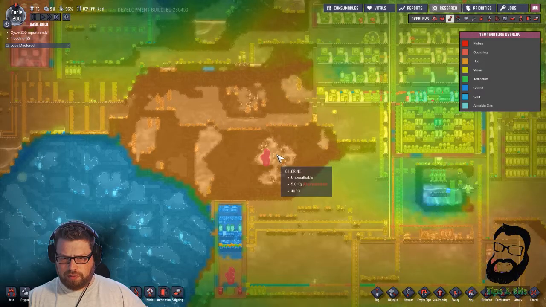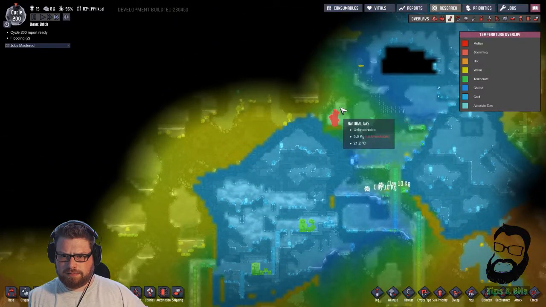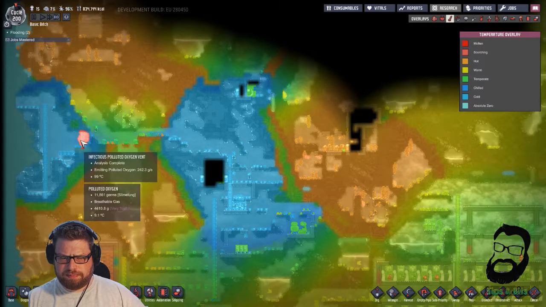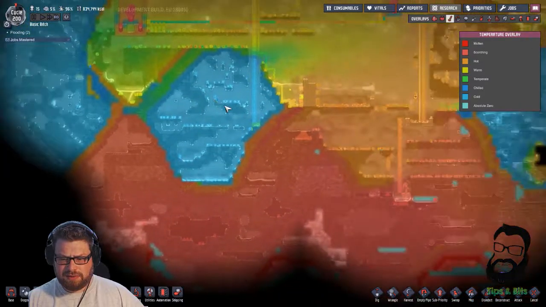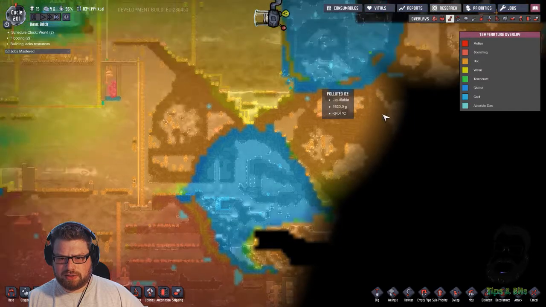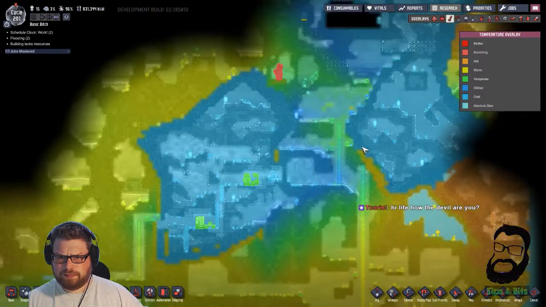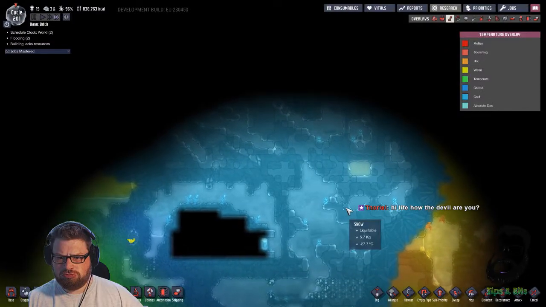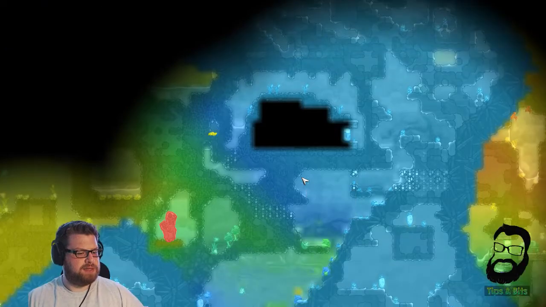We found a chlorine, one of our starter ones. We've got the natural gas one up here. We've got another polluted one up here, an infectious polluted one. I think that's about it. I don't think we found many geysers really, which, considering how much we've explored now, really does surprise me a little. I think that's about it. Don't even know where the water vent is yet, so...